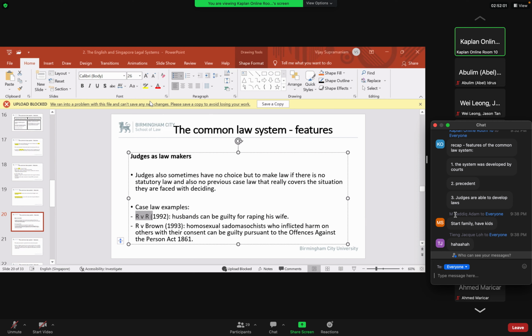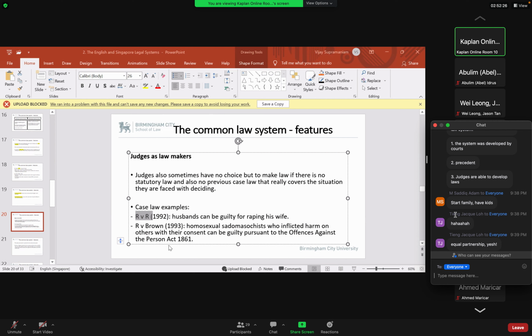Because the precedent which was developed back then was from a time when women did not have the same social standing as men. But today, women have the same social standing as men. Correct or not? So in this case, the courts spoke about the social status of women, and they said we're going to depart from our precedent.